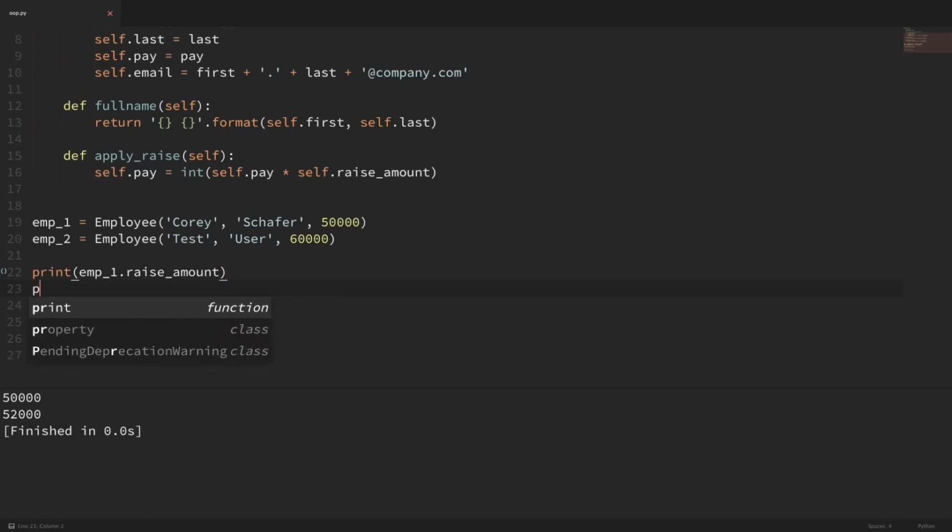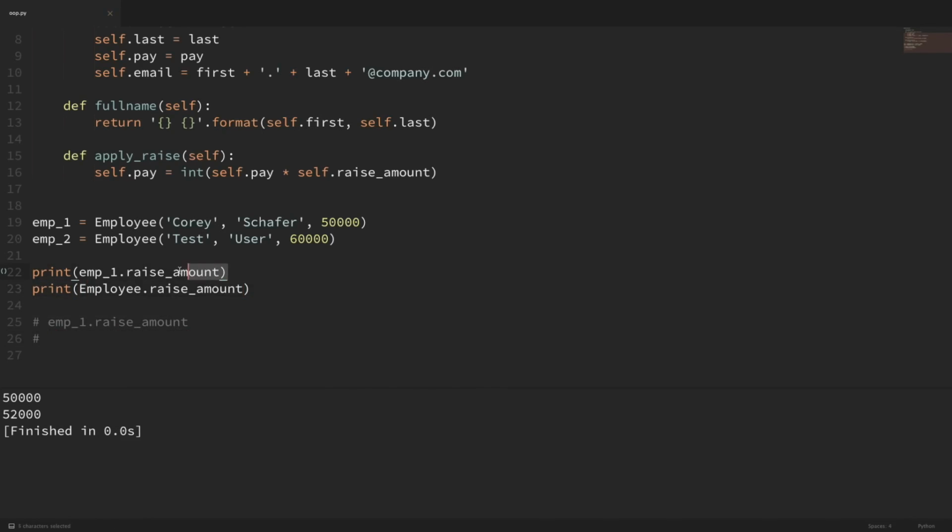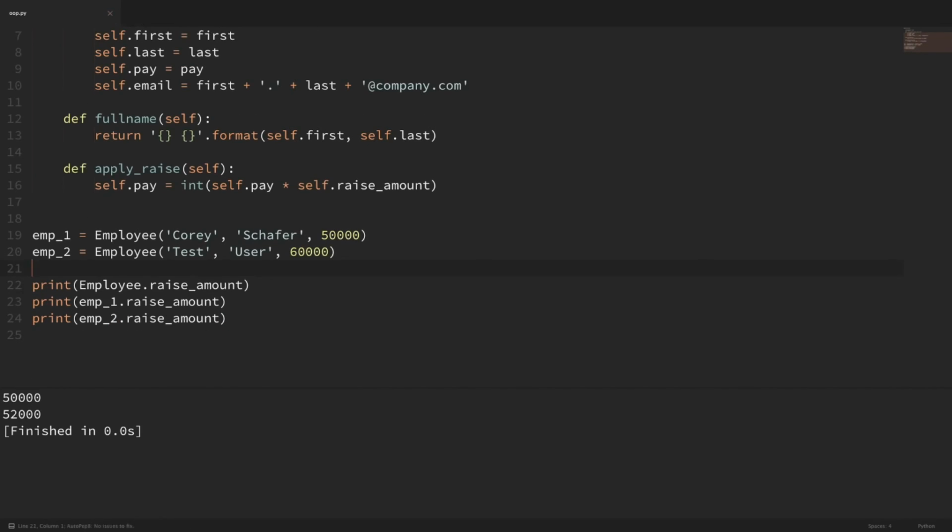And I'm also going to print the employee.raise_amount. And also, just to see all of our instances here, I'm going to also do the employee2.raise_amount so that we can see all of them together. So now if I go ahead and print these out, you can see that I can access this class variable from both my class itself as well as from both instances.